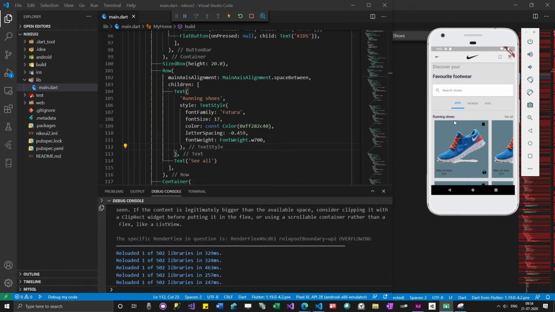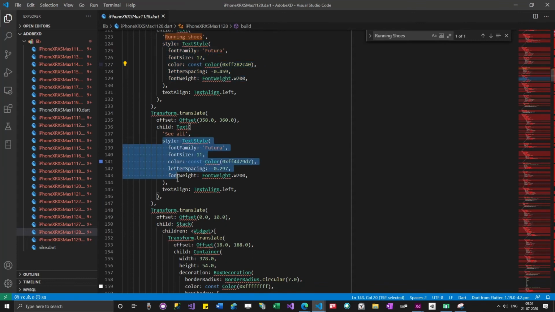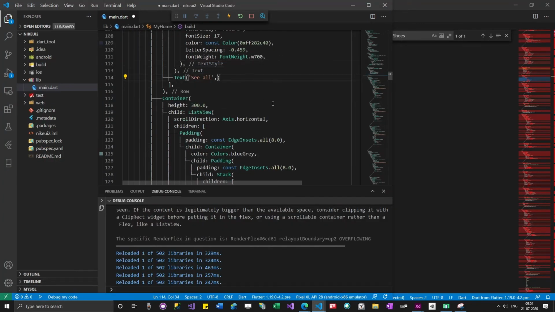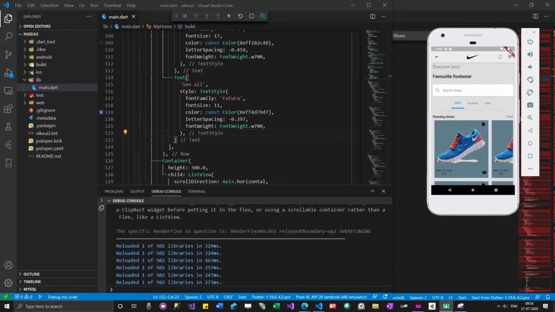So running shoes text has changed. See all. So it has got some style too. So everything is populated.